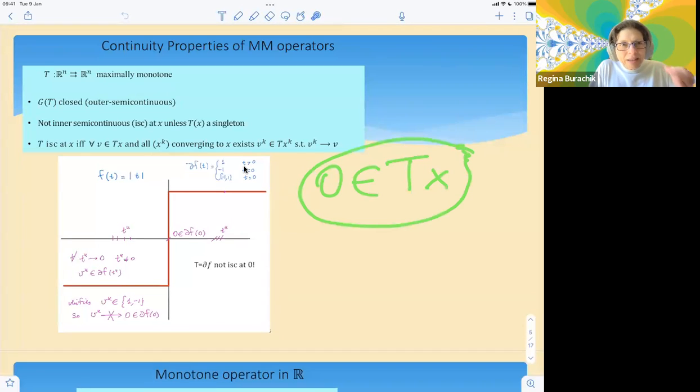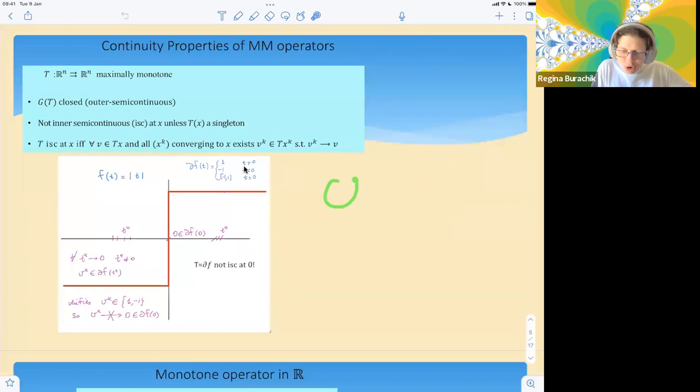You want the point in T of x that satisfies that 0 is in T of x. So you want 0 in T of x. So you don't want anybody else in T of x. You don't want to hear about it. And this is something that unfortunately for maximally monotone operators doesn't happen unless T is point-to-point, unless T of x